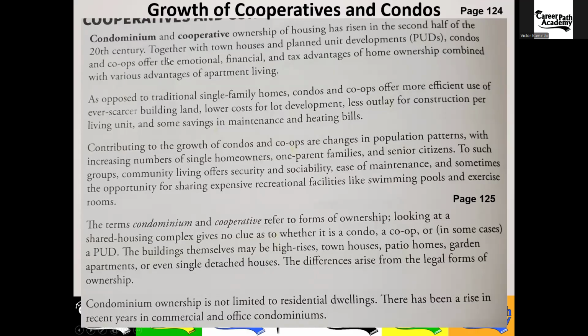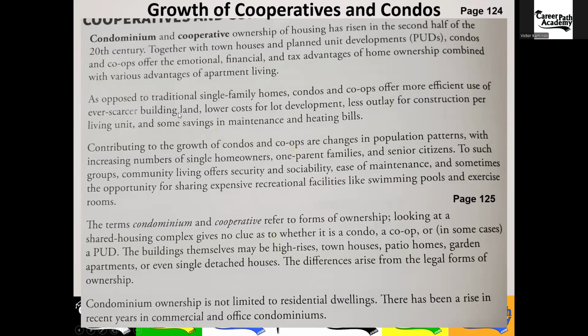So a condo and a cooperative ownership of housing has risen in the second half of the 20th century, together with townhouses and planned unit developments, which we'll call PUDs for short. Condos and co-ops offer the emotional, financial, and tax advantages of home ownership combined with the various advantages of apartment